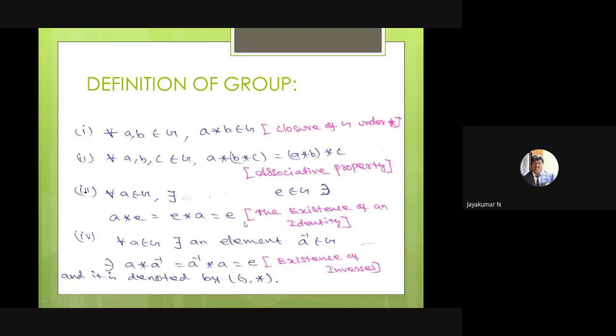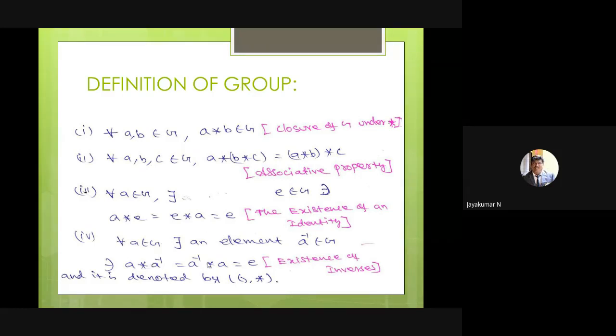So when you do the problem, consider A star, sorry, here I made a mistake, this is A, not E. Okay, this is A, not E. So consider A star E is equal to A, then you can easily derive the E value, but you have to check whether E belongs to the corresponding set or not. If E belongs to the corresponding set, then only we can say that the identity axiom is satisfied.